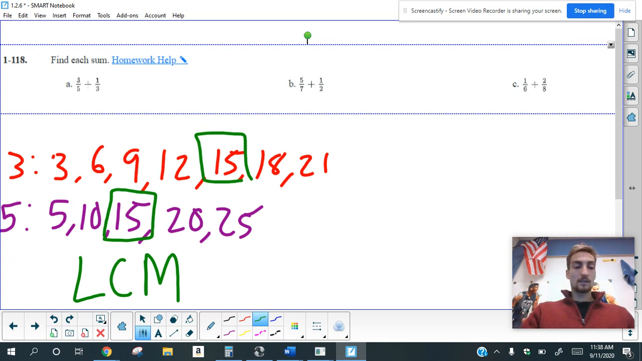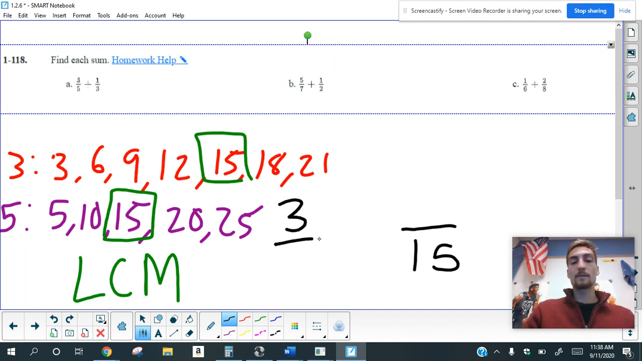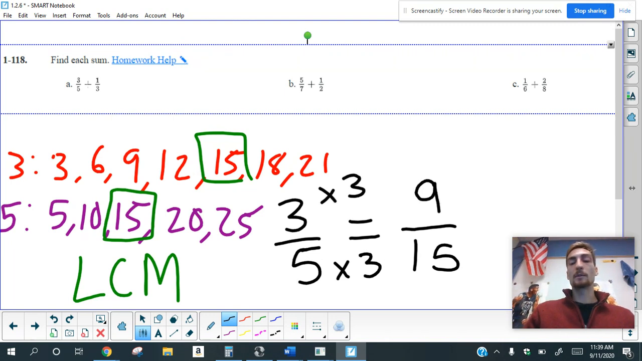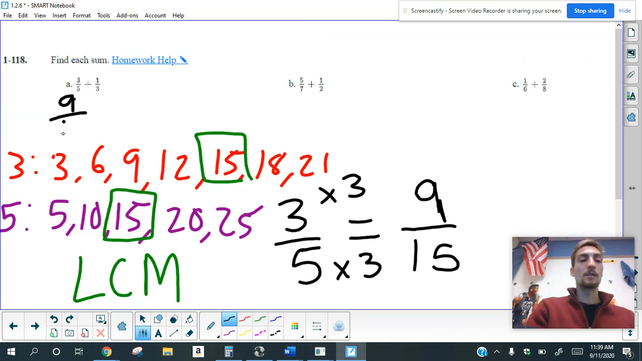So since I know that 5 and 3 both go into 15, I can make my fraction out of 15. All right, and so if we were going to transform 3 over 5 into a fraction over 15, I would have to multiply 5 by 3, and so I have to do the same thing to the top. And 3 times 3 is going to give me 9. And so this is going to be 9 over 15